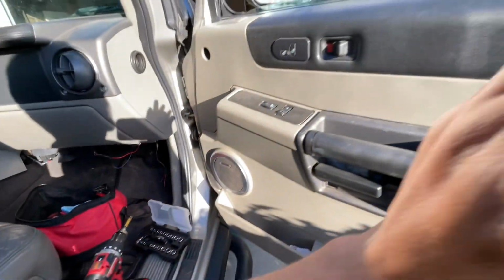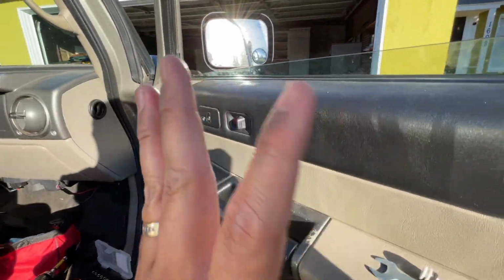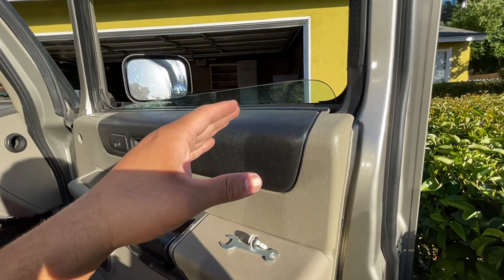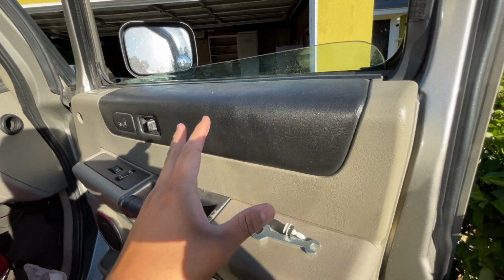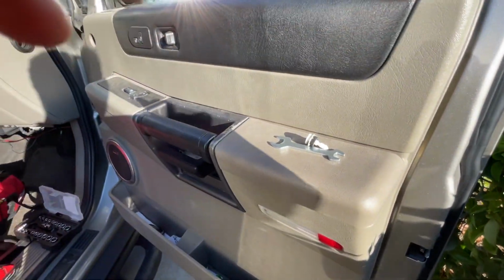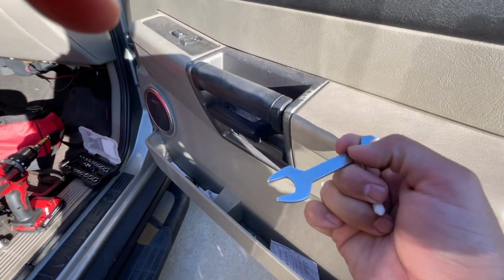So, if you never replace a regulator on your H2, it's kind of scary to do this without the right tools. But let's say that yours broke. You decided to tackle the problem yourself. The regulator came in and you don't have the proper tools to take your door panel off. What you can do is, if you have a little wrench like this, these come on a lot of other,